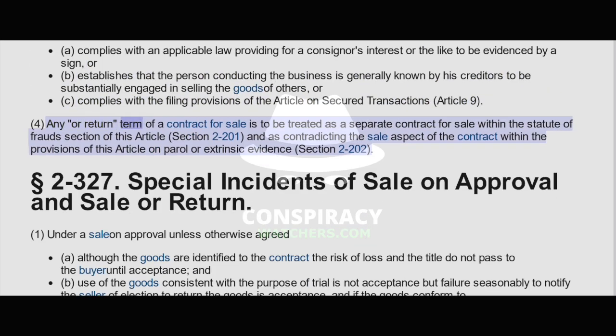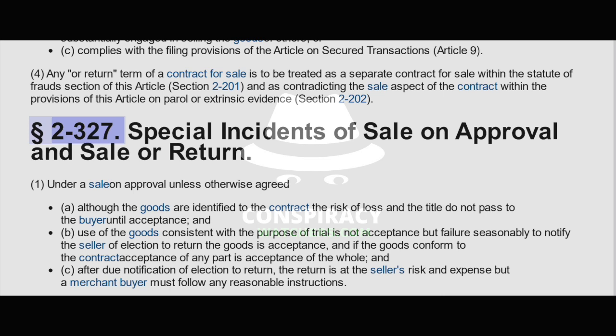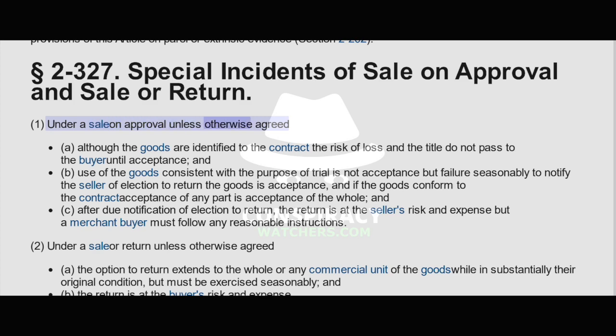Any "or return" term of a contract for sale is to be treated as a separate contract for sale within the statute of frauds section of this article and as contradicting the sale aspect of the contract within the provisions of this article on parol or extrinsic evidence. Section 2-327. Special incidents of sale on approval and sale or return. Under a sale on approval, unless otherwise agreed,